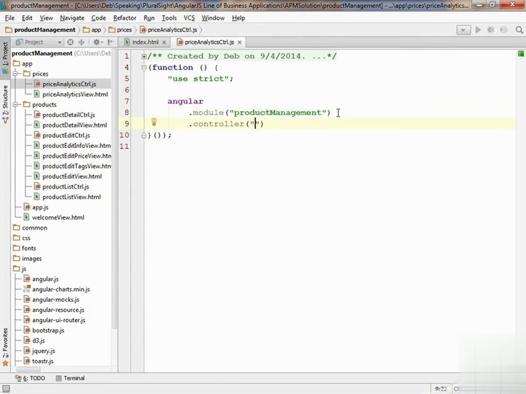The first parameter to the registration is the controller name. We're going to call it Price Analytics Controller. The second parameter of the controller method is a min-safe array. The array contains each parameter injected into the controller function. The charting directives don't seem to work well with the controller as syntax, so we'll use the classic controller syntax and explicitly inject $scope. We'll also want to inject products as defined in the resolve block of the navigation state